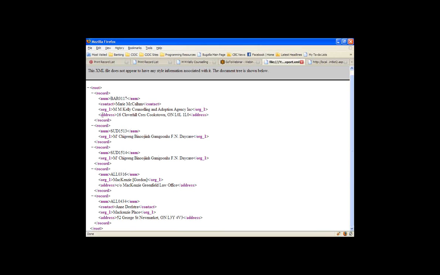So I had specifically included address, and I had done some special setup items so that it'll show the mailing address if there is one, and if not, use the site address. I've included the contact name, org level 1 in this case. I could do org level 2, 3, 4, whatever I needed. I'm including the record number in the export, but that's obviously something that you wouldn't need when you're doing mailing